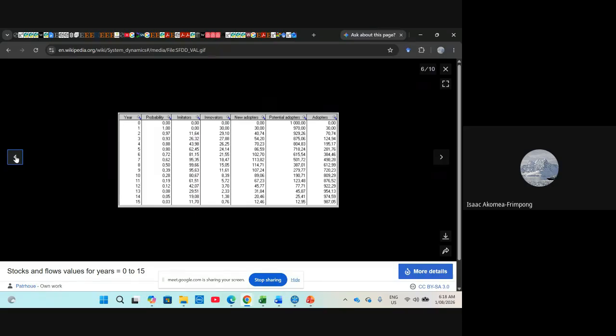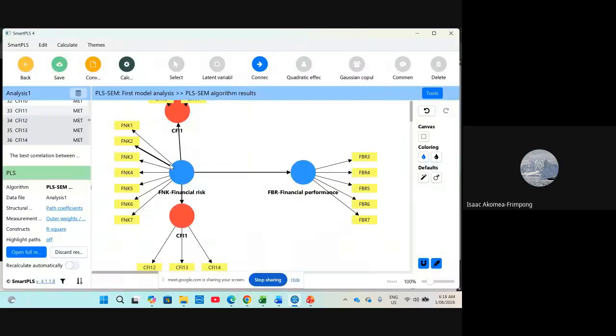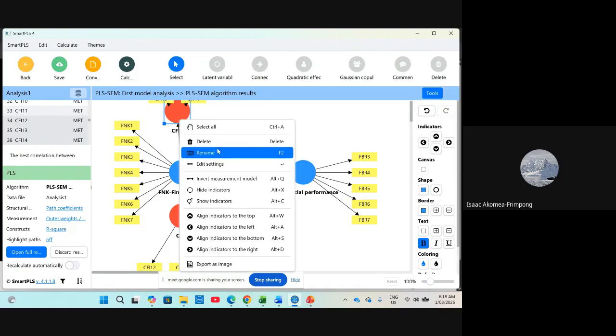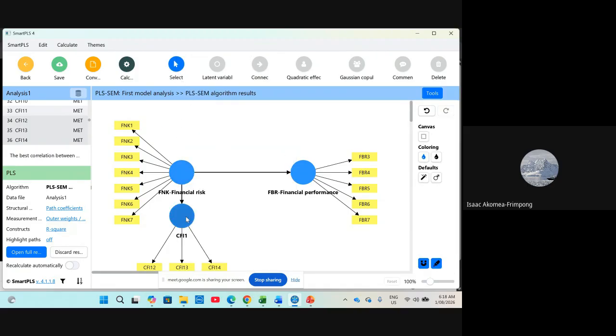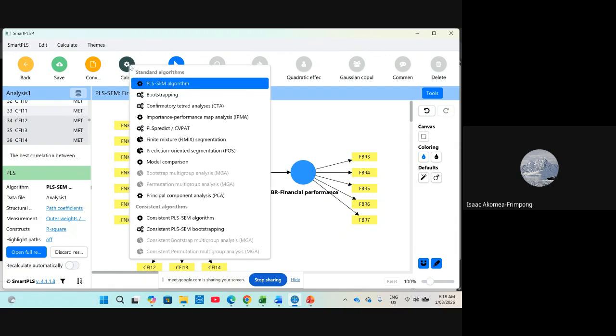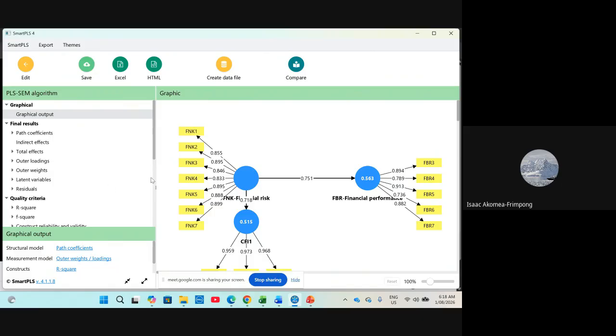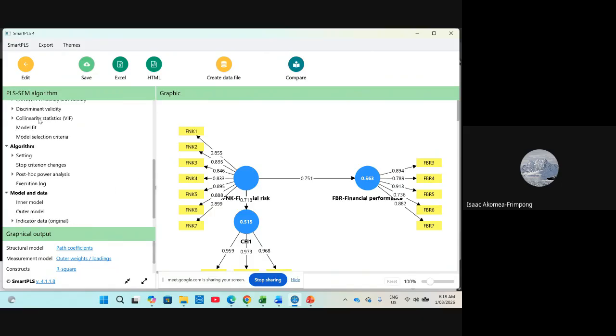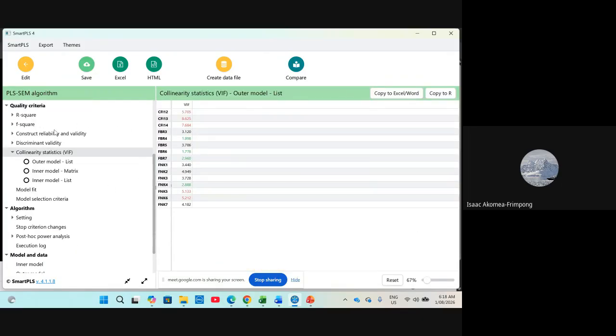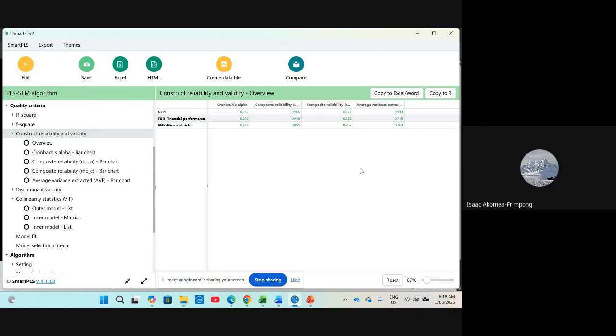Go back to the beginning. Let me show you an example. If you go back to the beginning in terms of your convergent validity and the indicator validity, they will show you whether you have a problem or not. So I'm talking about this table. Where is it? Yeah, this one. So check this table